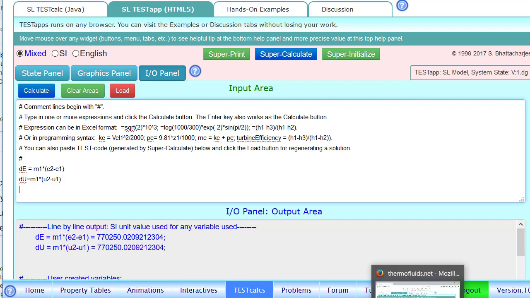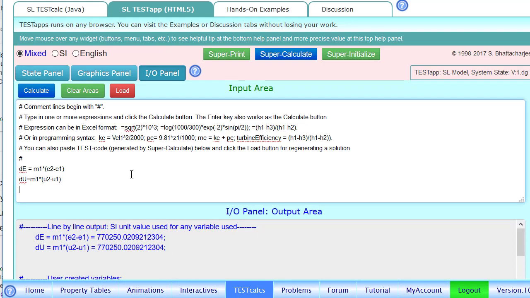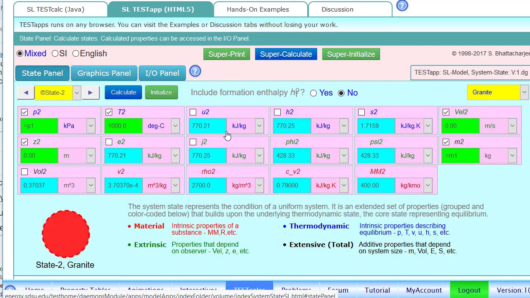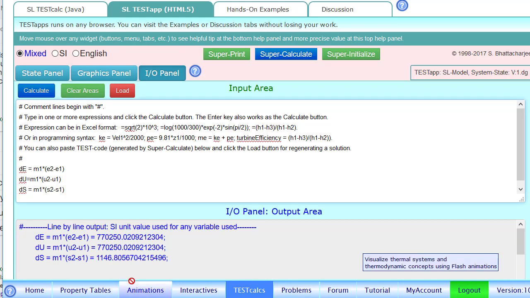So the next problem asks for the change in entropy, which is S. It gives us S in kilojoules per kilogram Kelvin. We want it in kilojoules per Kelvin, so we're going to multiply by mass. DS equals M1 times S2 minus S1. Calculate, and we get